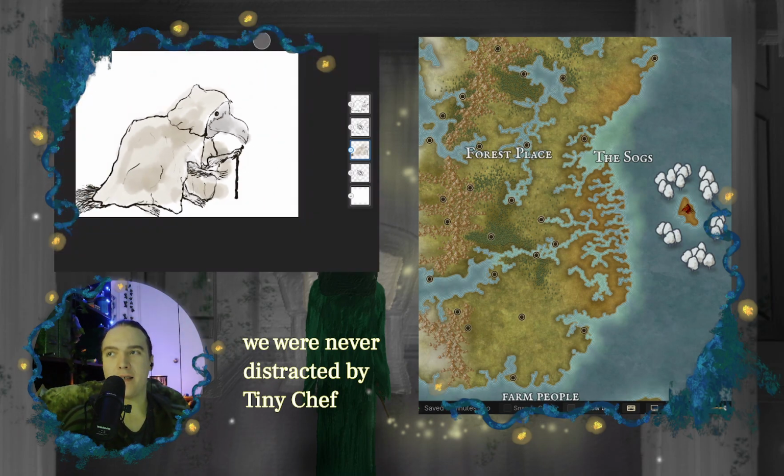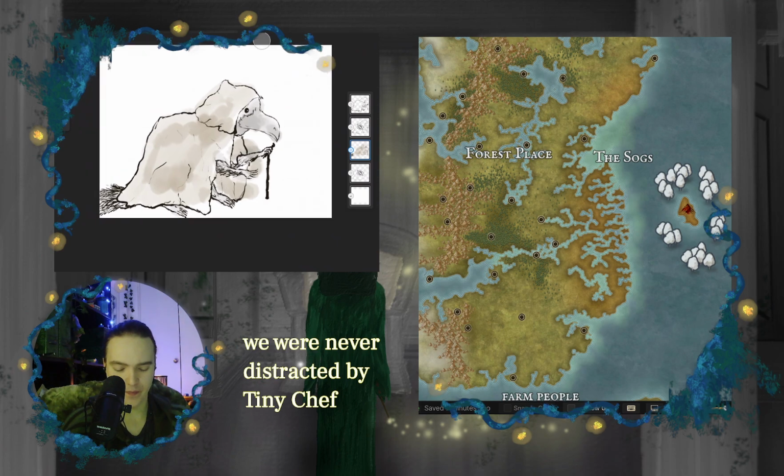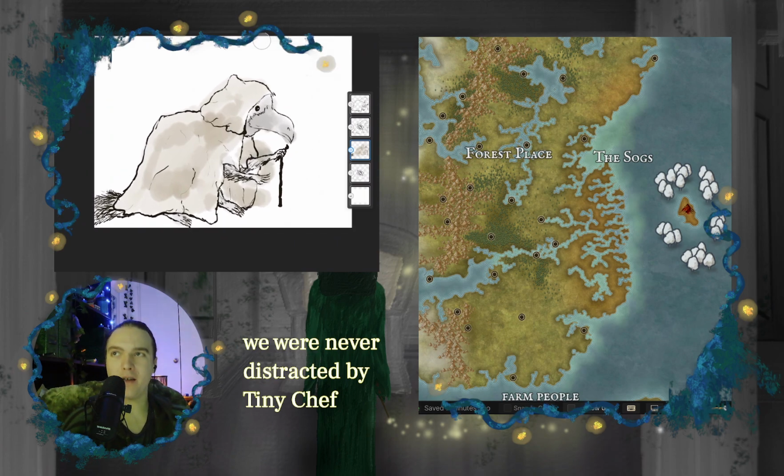His eyes look just like tiny chefs. You like it? You like the little guy so far? Oop, I make a dot. Here we go. It's good, little guy so far.